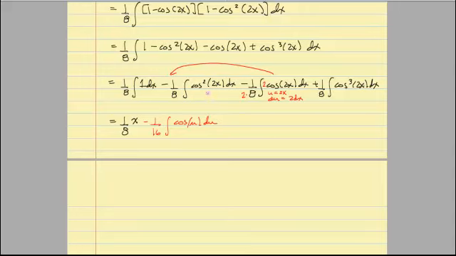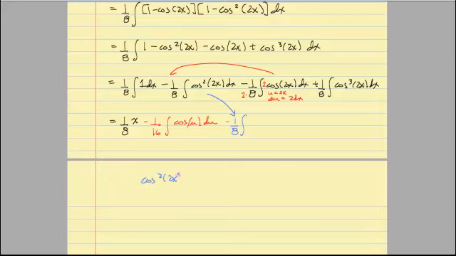The next one I'm going to work with, and again I'm kind of moving these around a little bit in terms of level of difficulty. This one will take more than one step to integrate. The other one that we just did, the integral of cosine u, will just be one more step. This doesn't integrate directly, but I can rewrite it using my half-angle formula. So the half-angle formula that I want to use